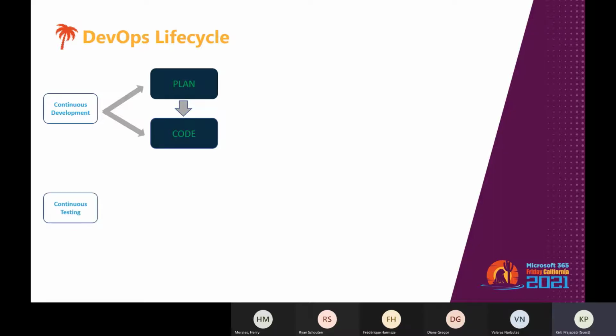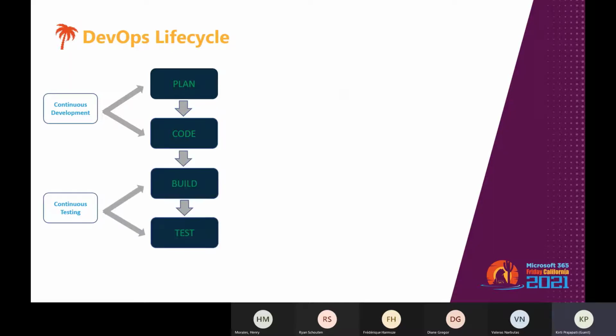And then we can say continuous testing, which will help you to build your solution and test your solution. This is the stage where the developed software is continuously tested for whatever bugs the QA team is finding, and the testing process checks the actual use of an application in DevOps.